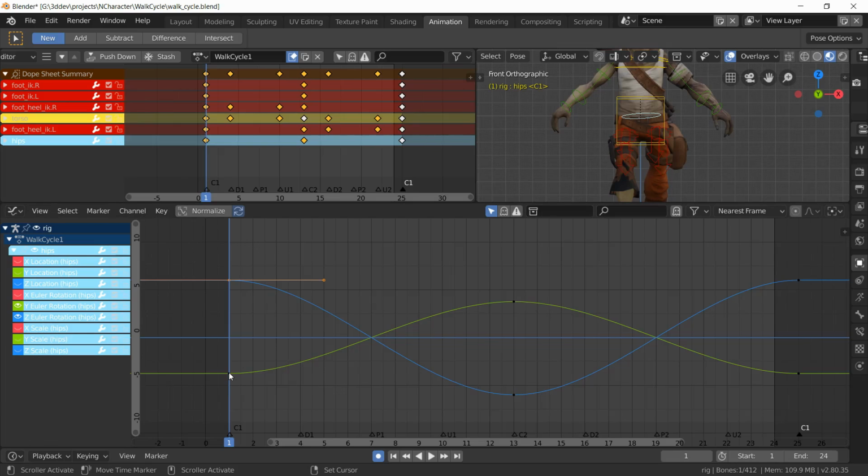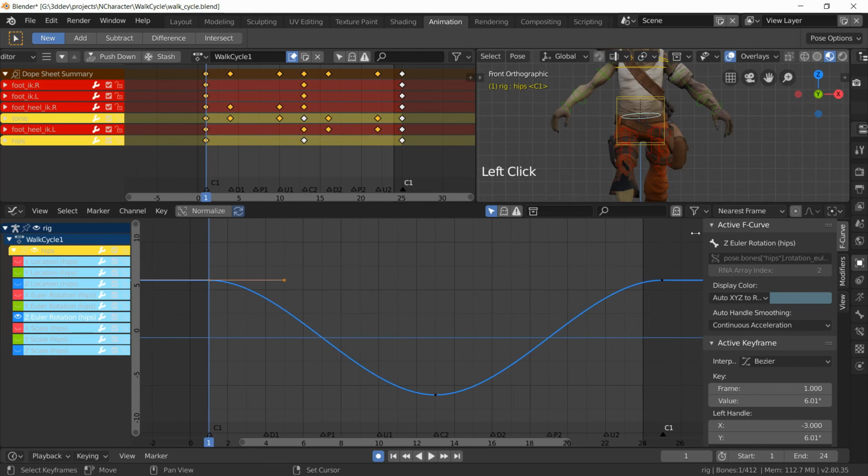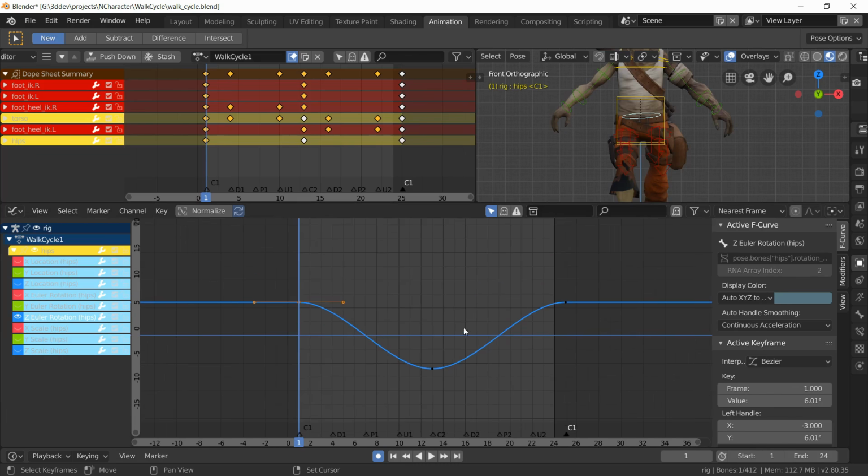Now I can isolate either of these graphs by just doing Shift H. Well, so just select one so it's highlighted and then do Shift H to just isolate it. That gets rid of the others. And now I'm going to expand this bit here. Go to